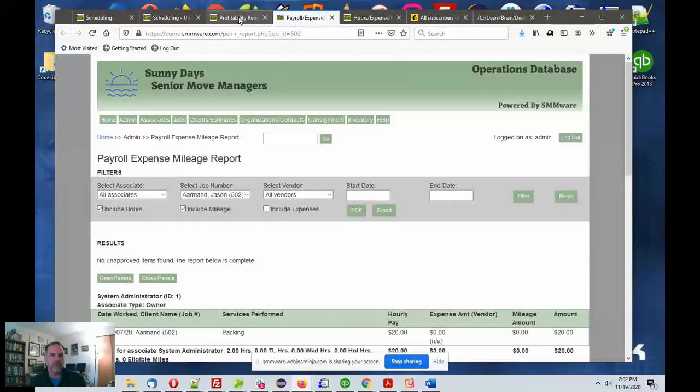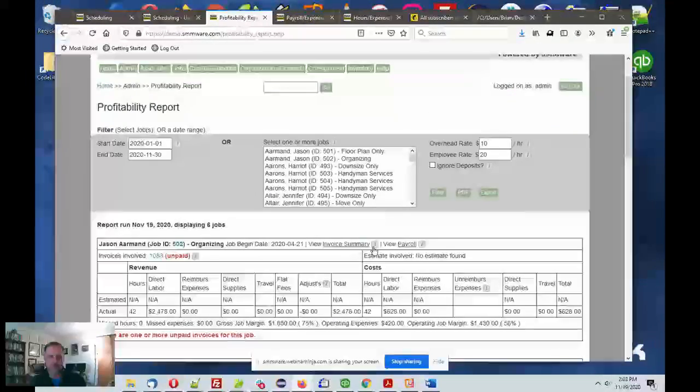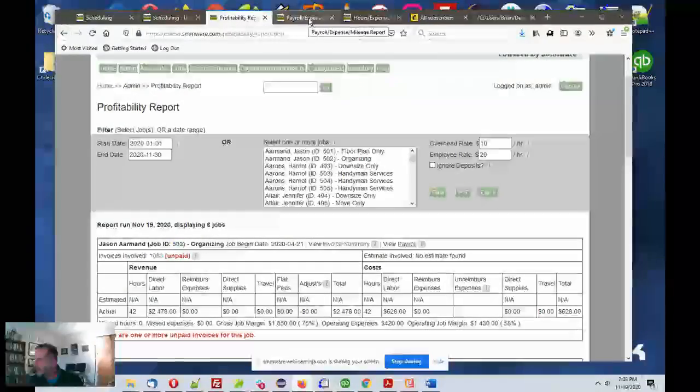Now we've got a lot of links in the profitability report that takes you to the details. So I clicked on the payroll, and it showed me exactly what the payroll is for that job. For Catherine,